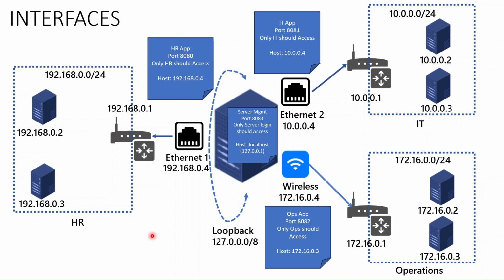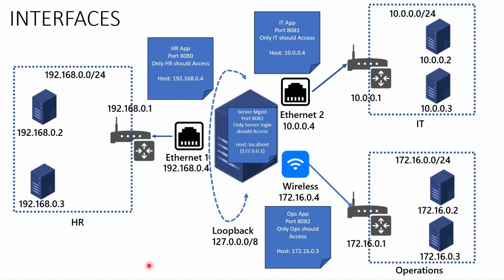So what should we do to restrict the access? Well, you should not select the all interfaces option in such a case. Instead, enter the IP address of the server on the network from which you wish to access it. For example, if you want HR apps to be accessible on the HR network, enter the host as 192.168.0.4 because this is the IP assigned in the HR network. Similarly, 10.0.0.4 for IT, 172.16.0.4 for